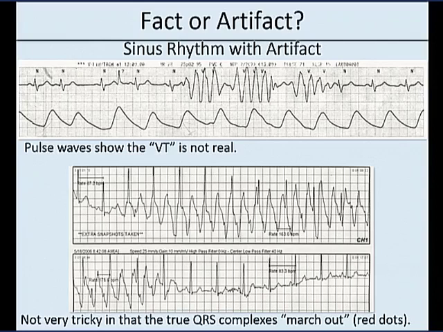It could be somebody positioning the patient or puffing up the pillow or something. This is a little bit more straightforward here on this one, especially having the red dots handy. But you can march out these normal QRSs that are underneath all the rest of this stuff, and it gradually dampens down here. And you see a kind of a wandering baseline to begin with, and at the end, those are clues that there's maybe some artifact, ECG artifact, at least as part of the mix, if not the whole